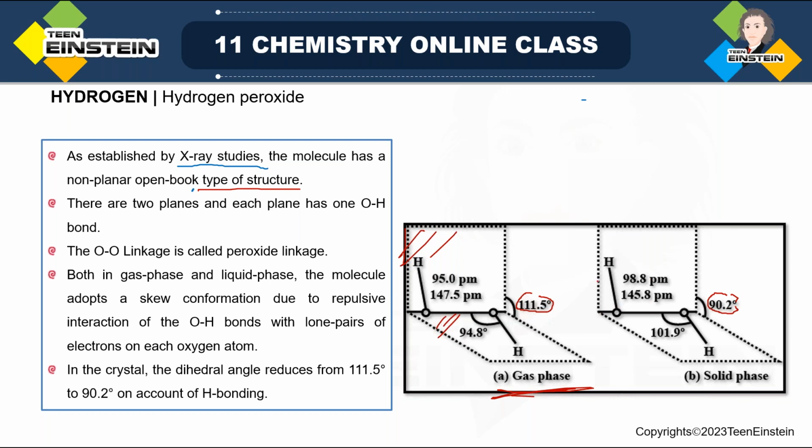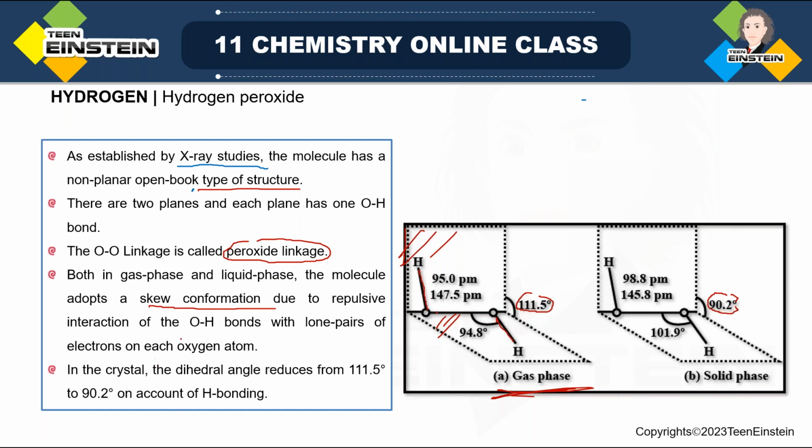There are 2 planes, and each plane has one OH bond. So here you can see this OH bond, it is in one plane. The OO bond is here, which is common to both of them, and another OH is here, right? The O–O linkage is called the peroxide linkage, and both in gas phase as well as liquid phase, the molecule adopts a skew conformation